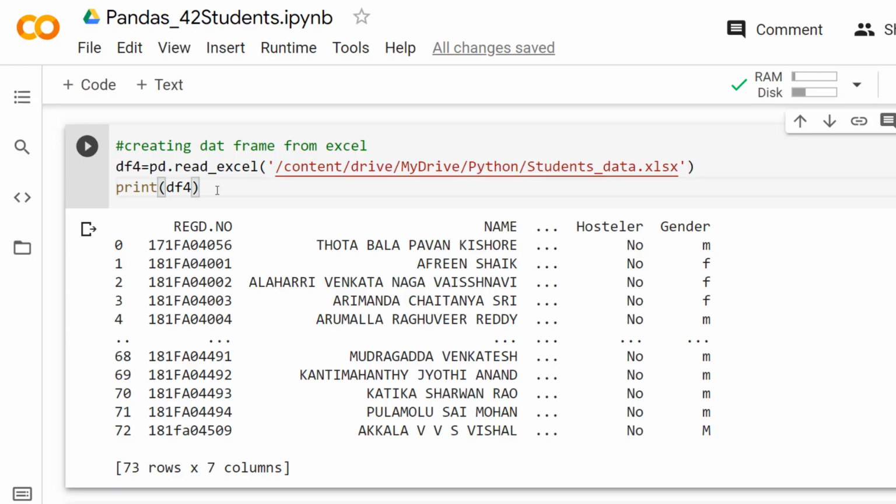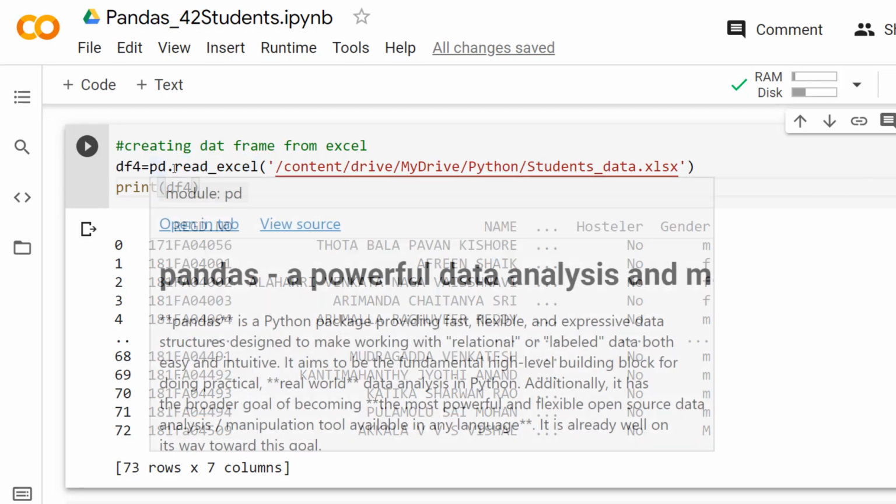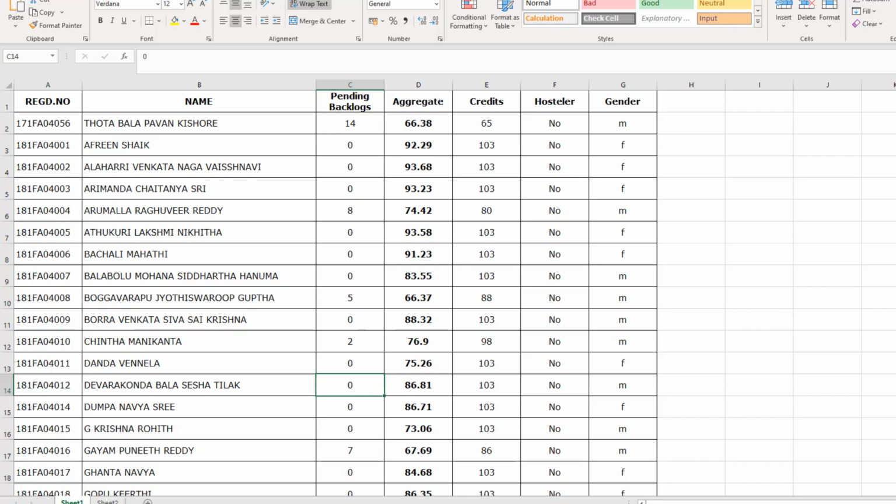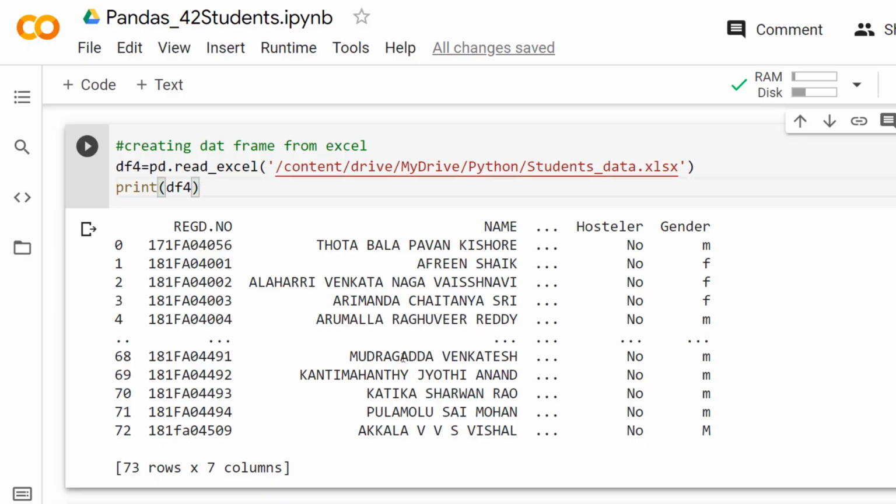It is very simple to load the data into the Pandas runtime environment from various types of files. You can use the read_excel method, which supports loading or converting the data into a data frame. So you can load the data available in this Excel file as a data frame using this read_excel method of the Pandas package. This read_excel method takes a minimum of one argument. You need to pass the file name.